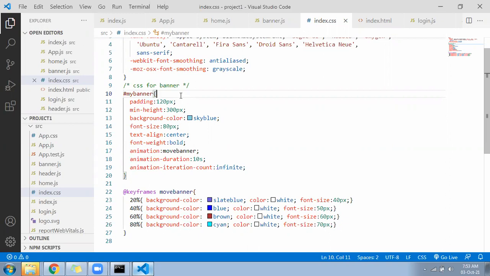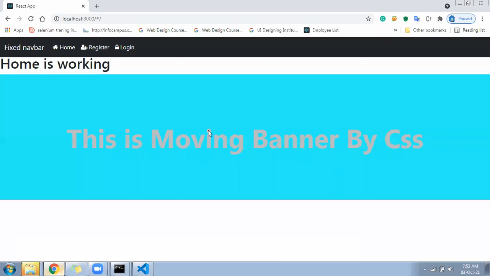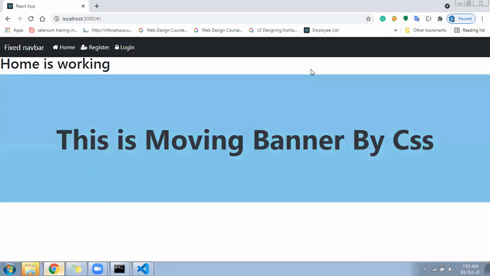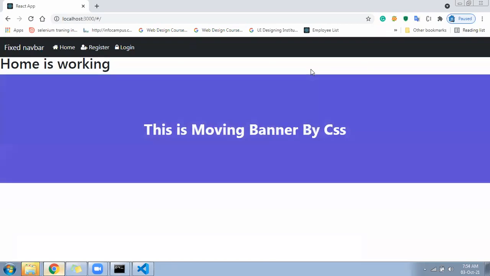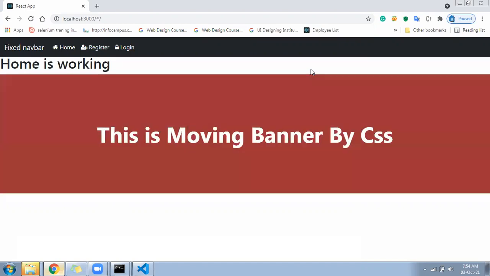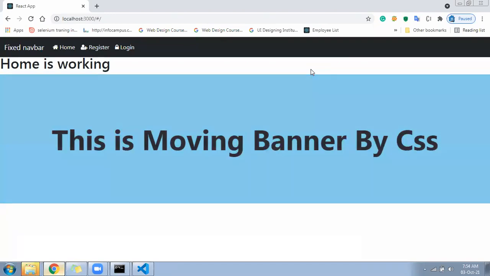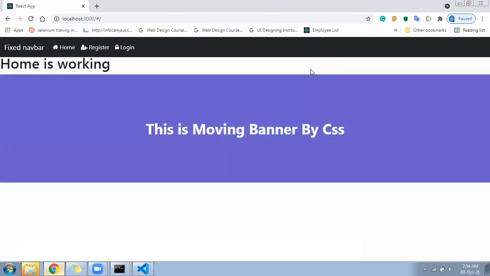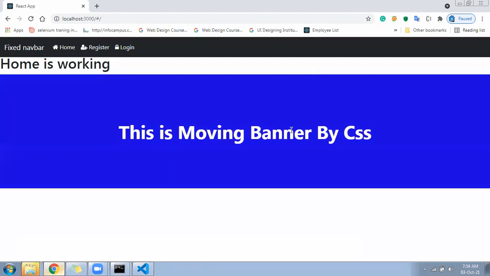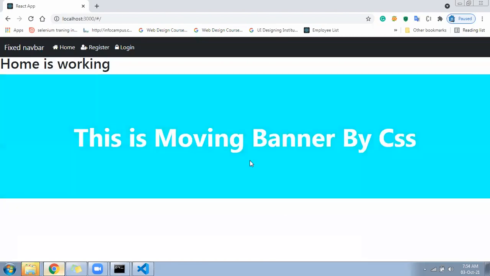And let me know if animation is working. Changing. Okay, but height is getting increased and decreased.